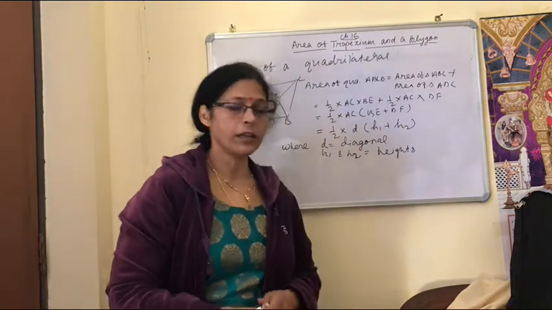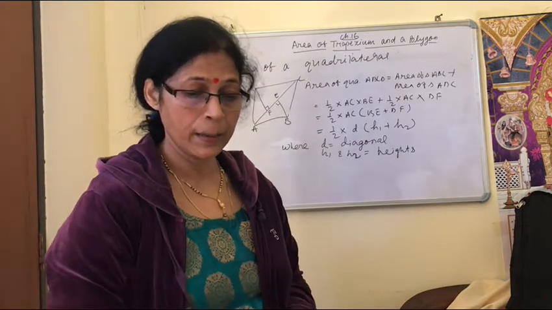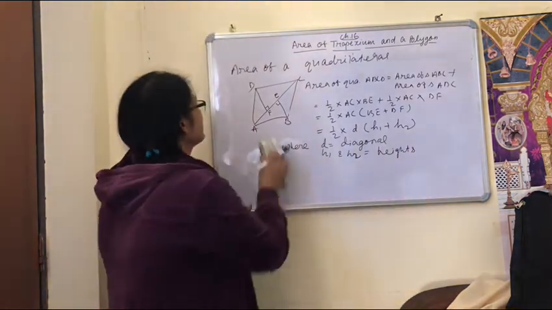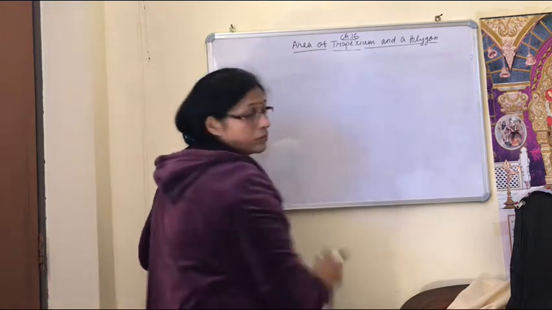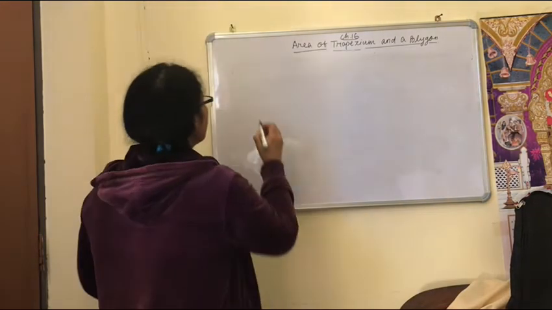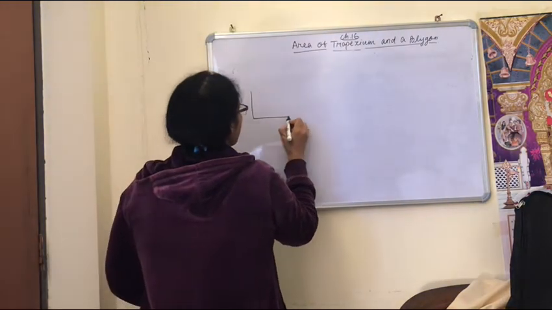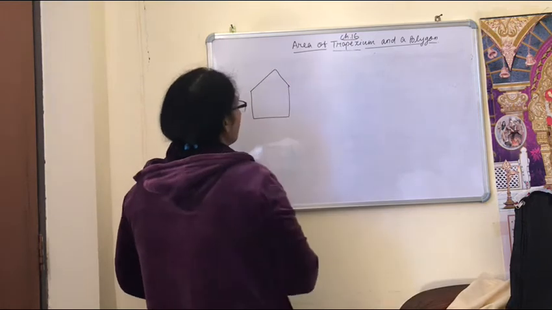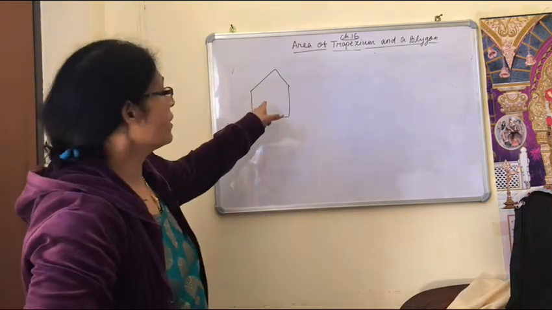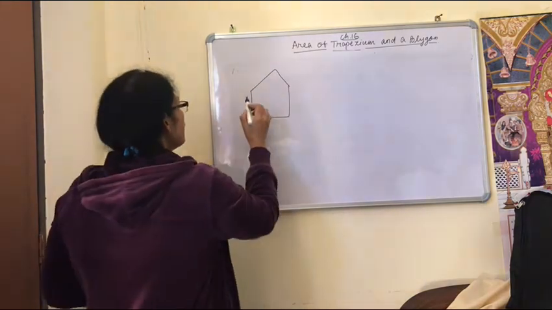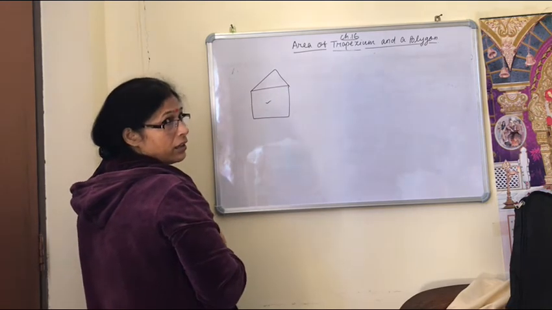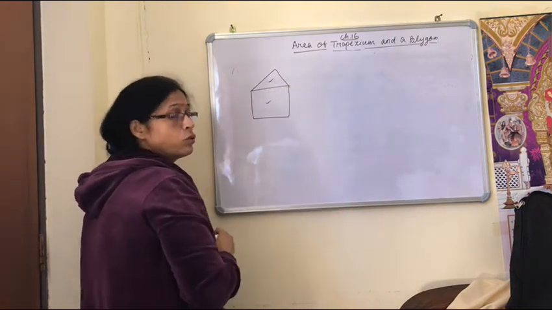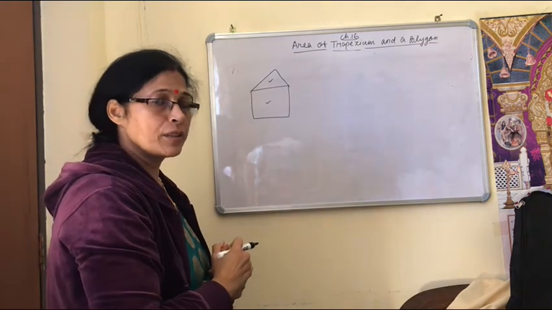Suppose one polygon given, shape like that. Take a book. Suppose one pentagon given. Question asking find the area of the pentagon. So you can join like that. Then you first find this rectangle, and then you will find out the triangle. Then you add, then you get the area of this pentagon, like that.